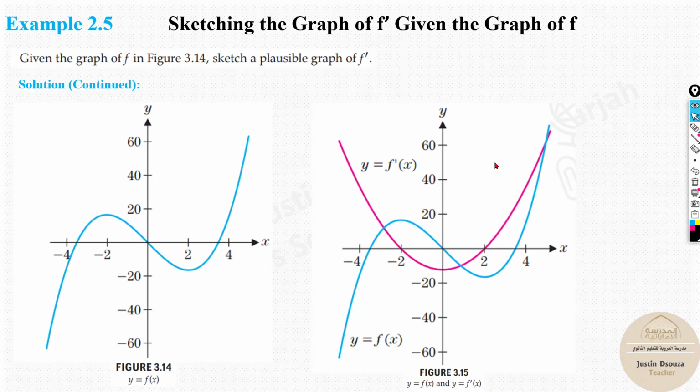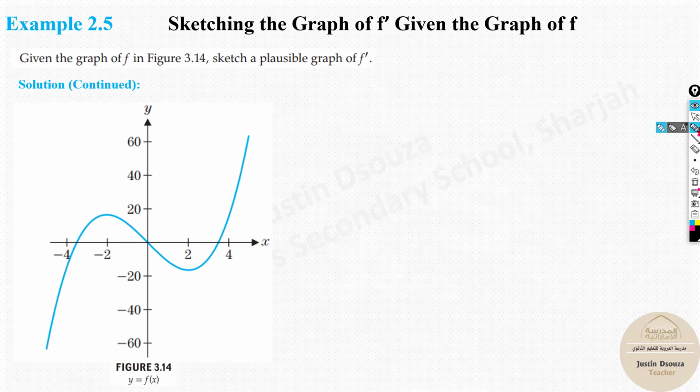So now let me remove this and do it from scratch, sorry. Now here are the changing points, these 2 points, okay? You must know these 2 points would be where the derivative graph passes. Next thing, what is happening left of this graph? Is it increasing or decreasing? It is increasing, so the graph will be plus over here. Here it's decreasing, minus. Now if it was decreasing again, it would be minus only over here, so it will be something like this,